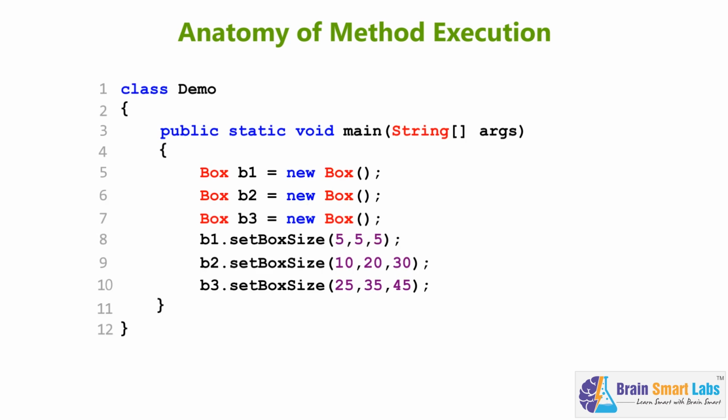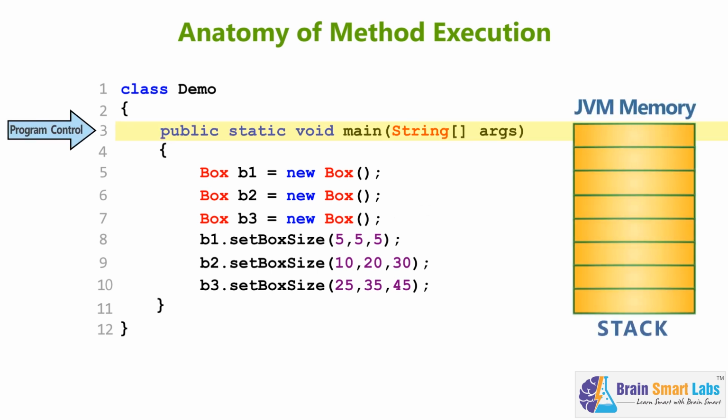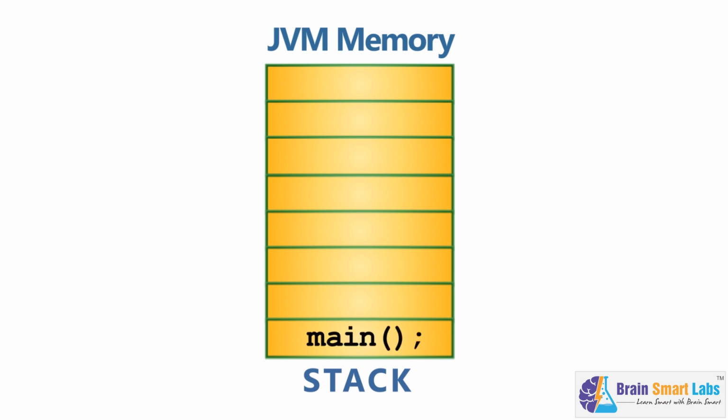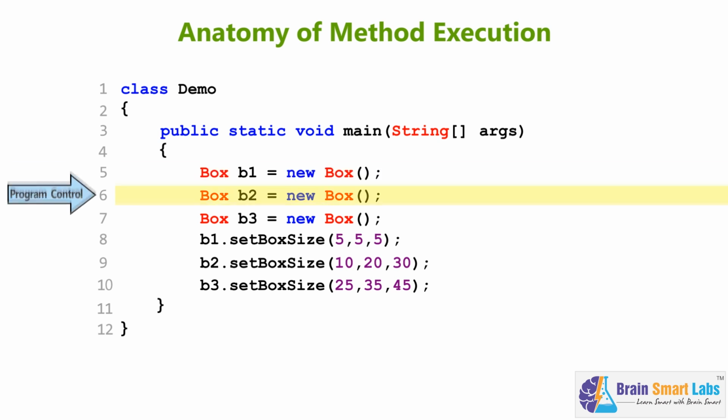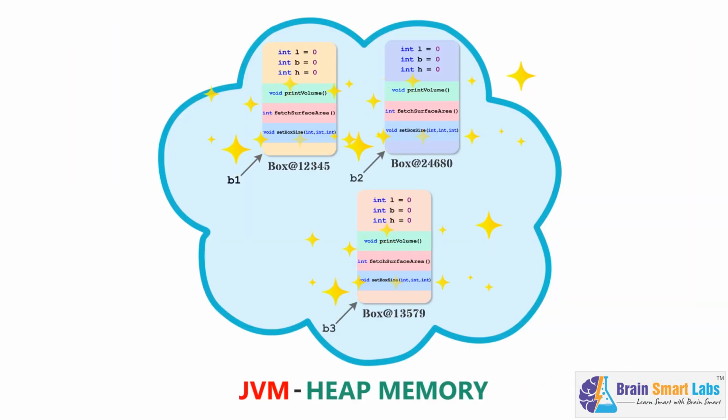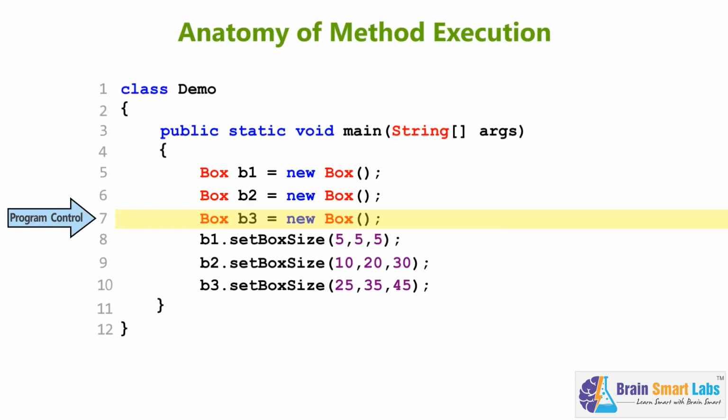Oh sure, why not? In our demo program, as you can see, if you press Ctrl 1 and then press Ctrl 2, the program control will start executing from our main method, which is indicated by loading of main method into the JVM stack. As our program executes line number 5, line number 6 and line number 7, new objects in the heap memory of our JVM will be created, and they are referred by variables B1, B2 and B3. Now when the program control reaches line number 8,